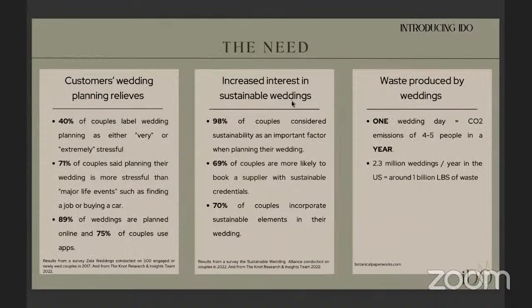Wedding planning has been identified as a very stressful event in couples' life. In fact, 40% of couples have labeled that wedding planning is highly stressful for them, and 71% of couples said planning their wedding is more stressful than major life events. Furthermore, 98% of couples considered sustainability as an important factor when planning their wedding, reflecting their choice of providers.